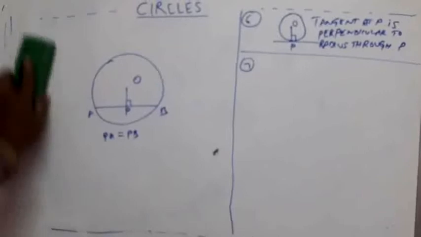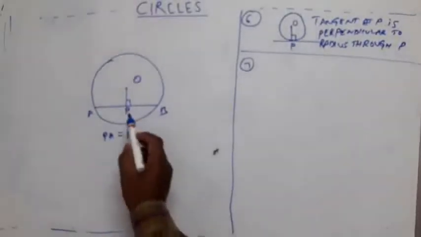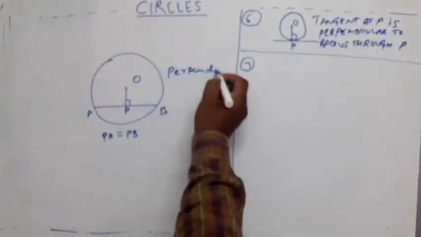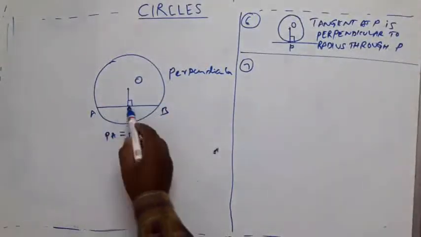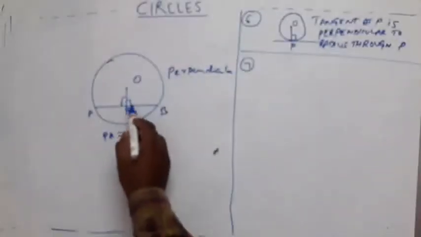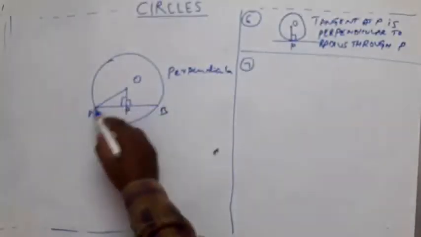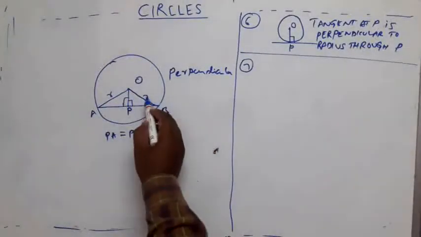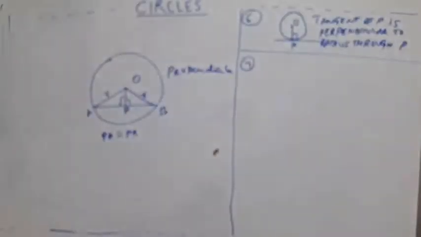The proof is very simple. See this. What am I saying here? I have dropped a perpendicular. Clearly this is 90 degrees, right? So obviously this is also 90 degrees, right? This is a straight line, and if this is 90 degrees, the remaining angle also is 90 degrees, right? I have joined O to point A and also O to point B. Clearly this is a radius, right? This is another radius. So these two will be equal, obviously. One more point, clearly this is a right angle triangle, this is another right angle triangle, is it not? Because this is a right angle, 90 degrees.